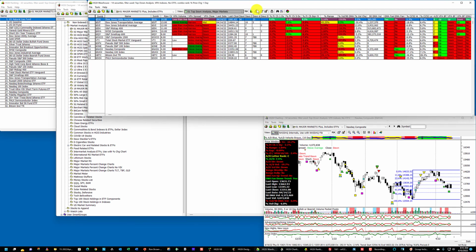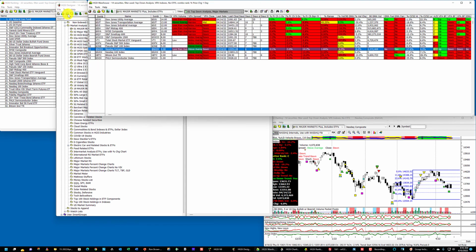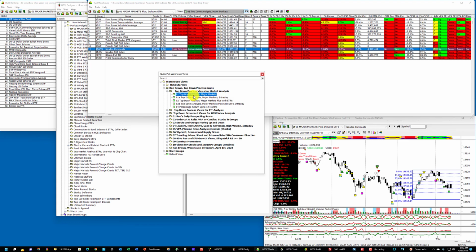I have my software open in front of me. This is kind of a mess right now, but it'll get straightened out. I am using the designer, the warehouse, and the ranking module, and a chart right now, and I'm currently in this folder in my market analysis user groups, the major markets plus. I'm clicking through to the warehouse, and in the warehouse I am using my top-down analysis view